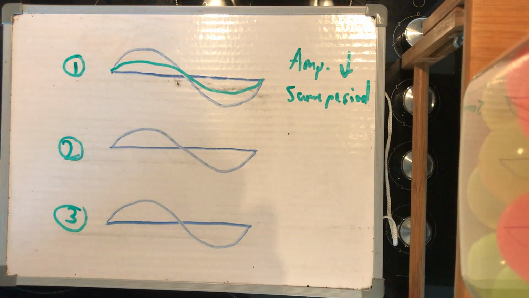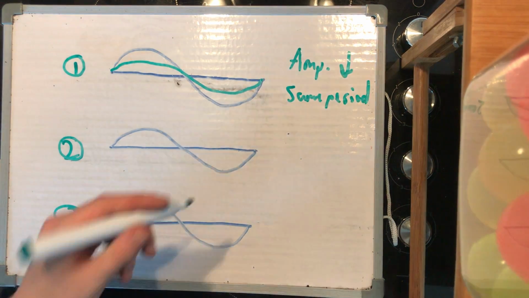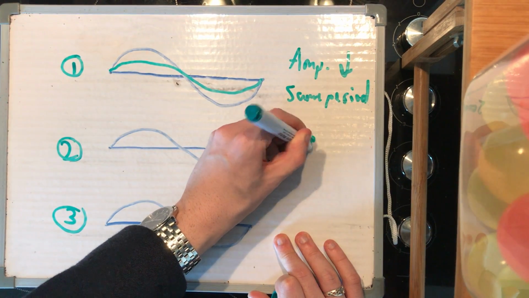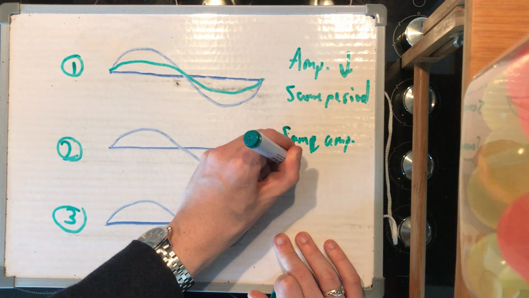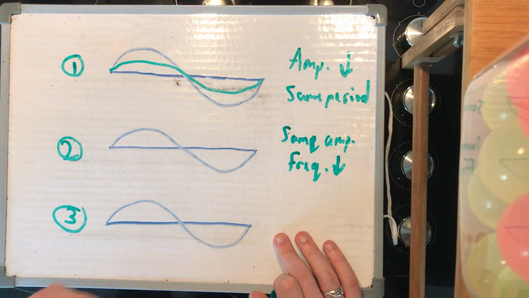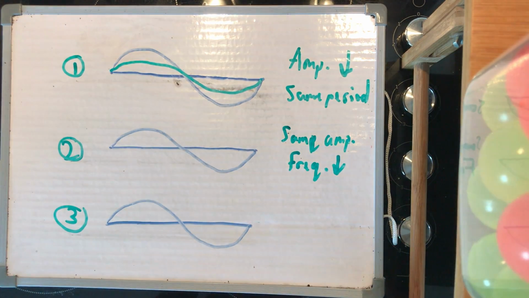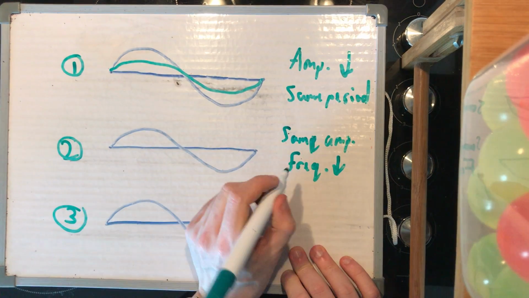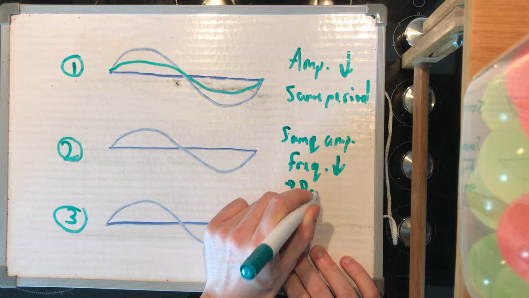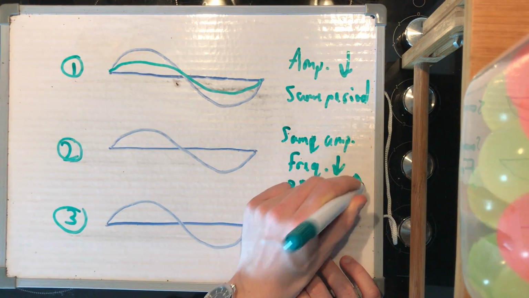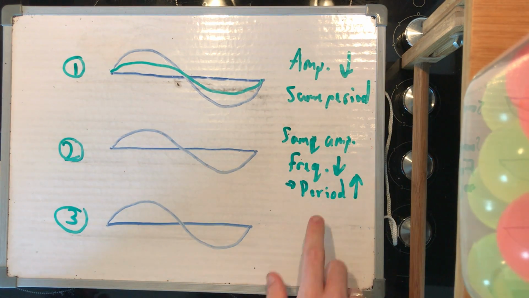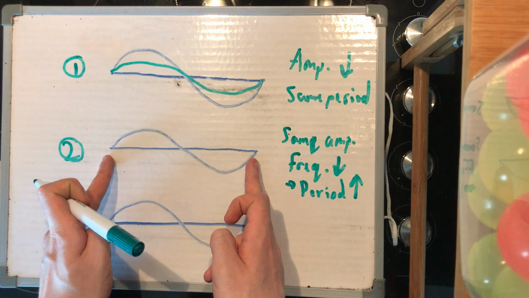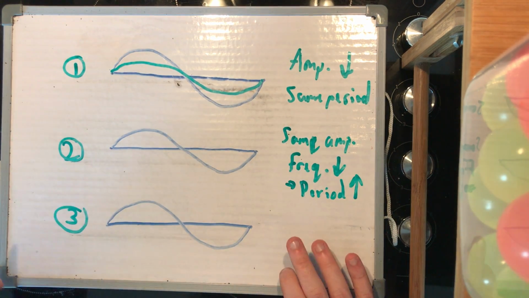Now number 2, I asked for a wave that had the same amplitude but I asked for the frequency to be lower. So remember what I said earlier about frequency and time period. If frequency goes down, what that means is that the period has gone up. You may remember I said that frequency was 1 over the period. So that means that the length of this cycle is going to get longer, but the height is not going